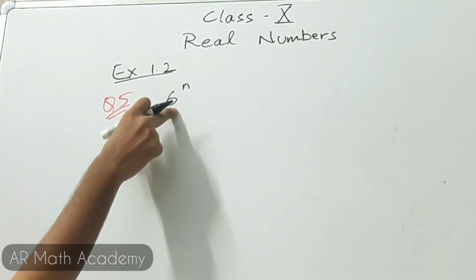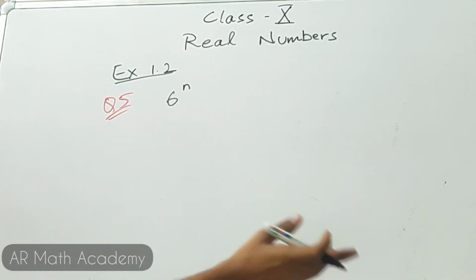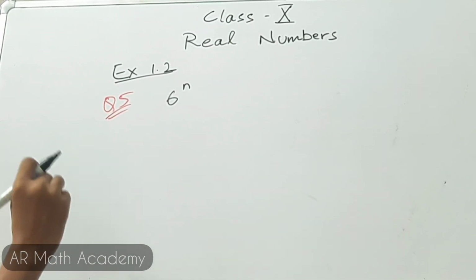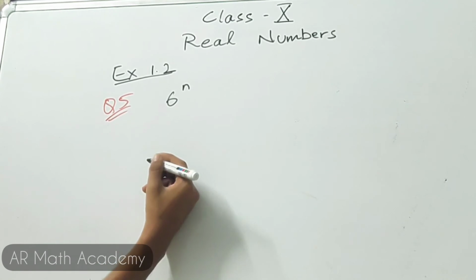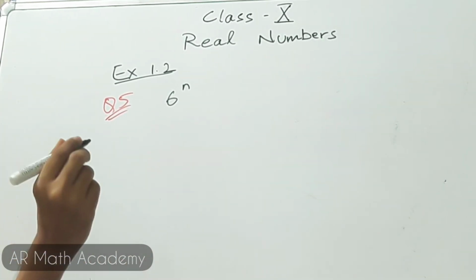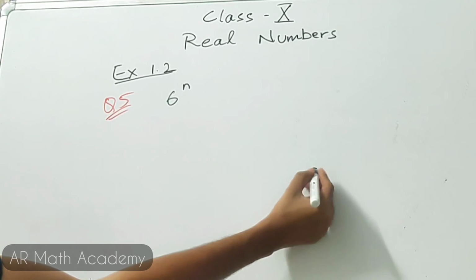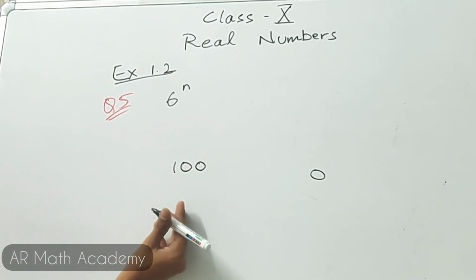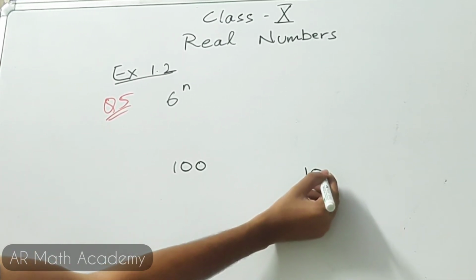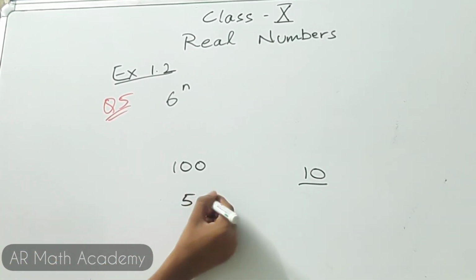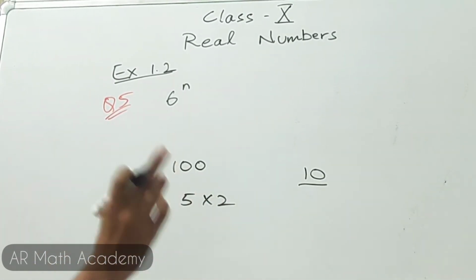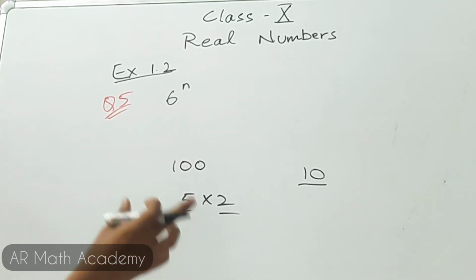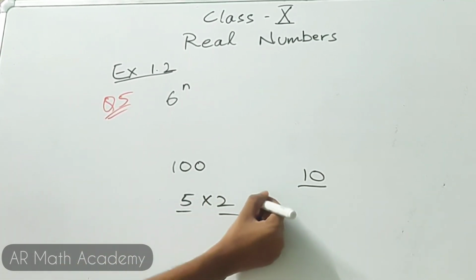So we have to check if 6 power n has a number which ends with 0 for any natural number n. Now we can solve this by a variety of methods, but how do we get the number 0? 0 can be brought in by 10, or 100 or any such number. So this is the ending 0. How do we get this number 10 actually? 5 into 2, right? Any 0 can only be formed by the presence of 5 and 2. So there must be the presence of 5 and 2, so that 5 times 2 will give us 10.